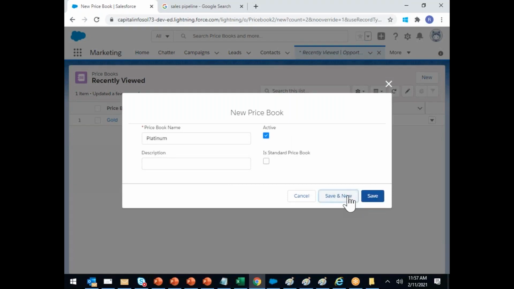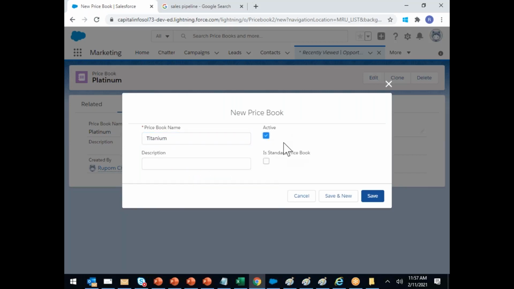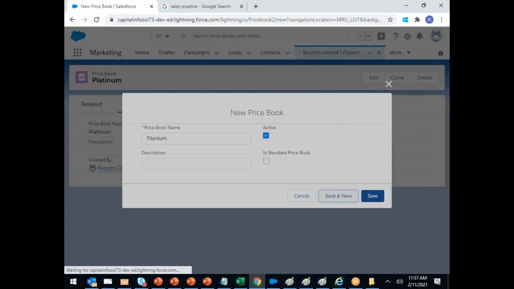Next, Save and New. I'm creating one more. Gold is over, titanium. What is the spelling? T-I-T-A-N-I-U-M. Titanium, see spelling. Okay, thank you. Now, I click on Save and New.